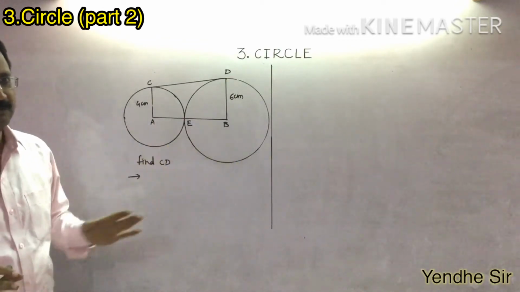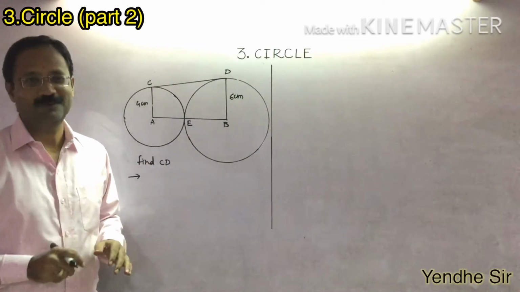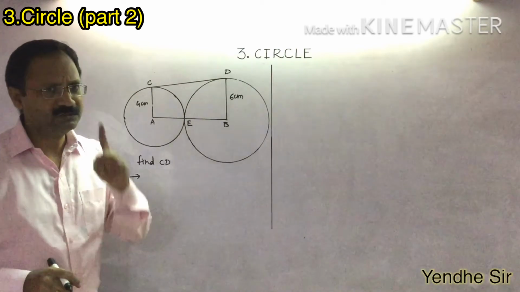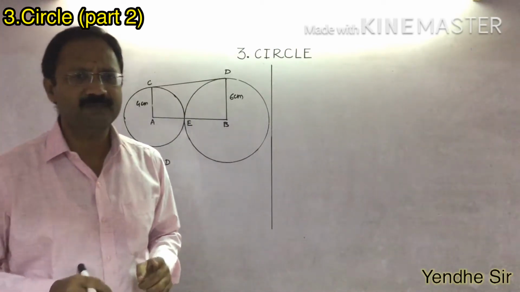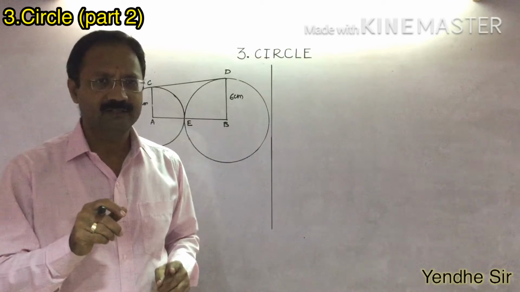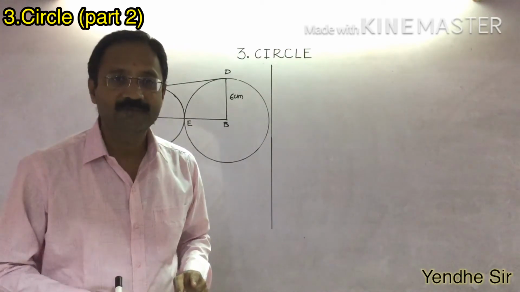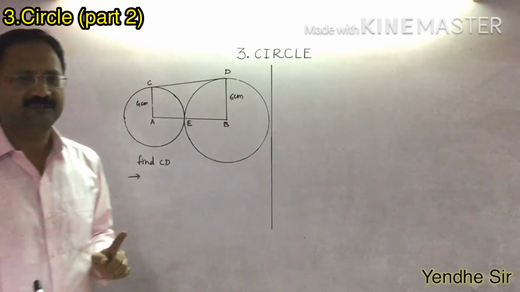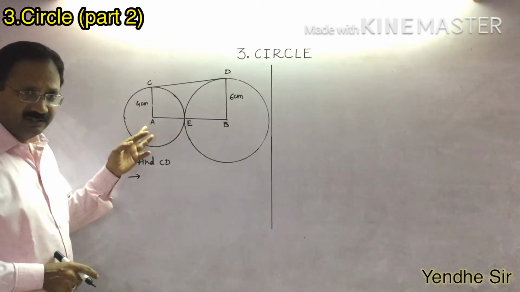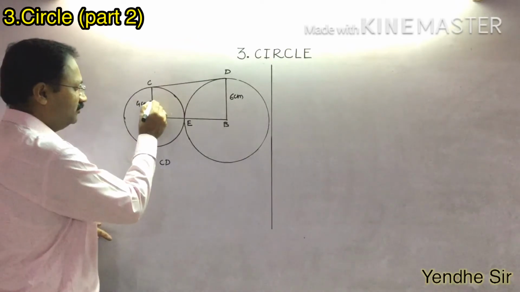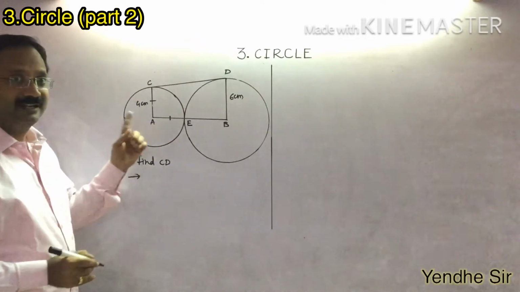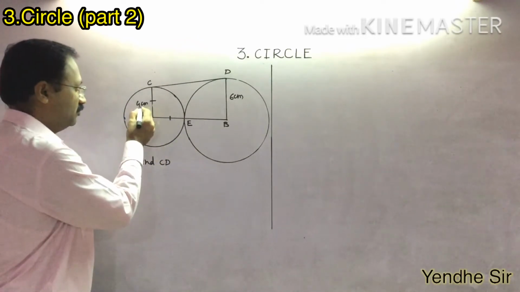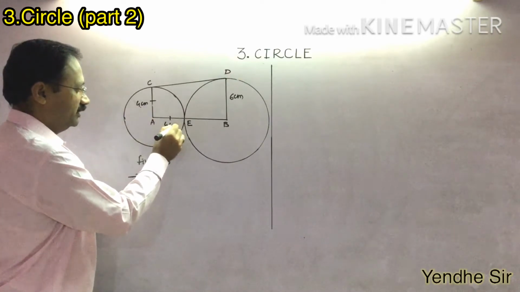मुझे पता ही नहीं कैसे solve करना है, but I know the properties. So first, which is the first important property of this chapter? Yes, correct. Radii of same circle is the property which is VIMP for this one. AC and AE are the radii of same circle. So if it is 4 cm, then it will be 4 cm.